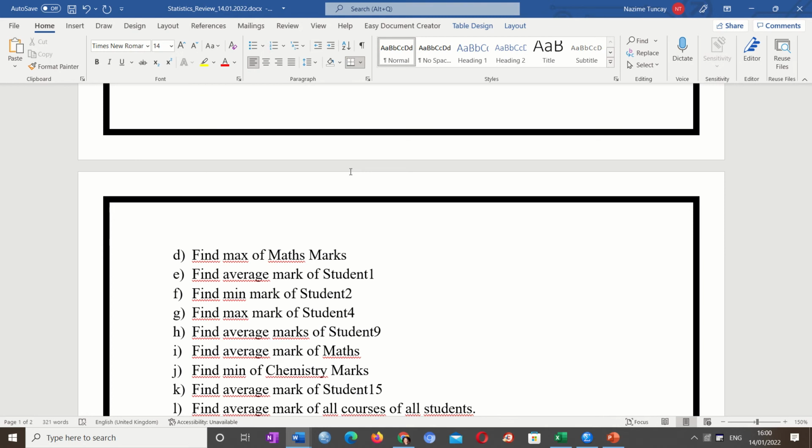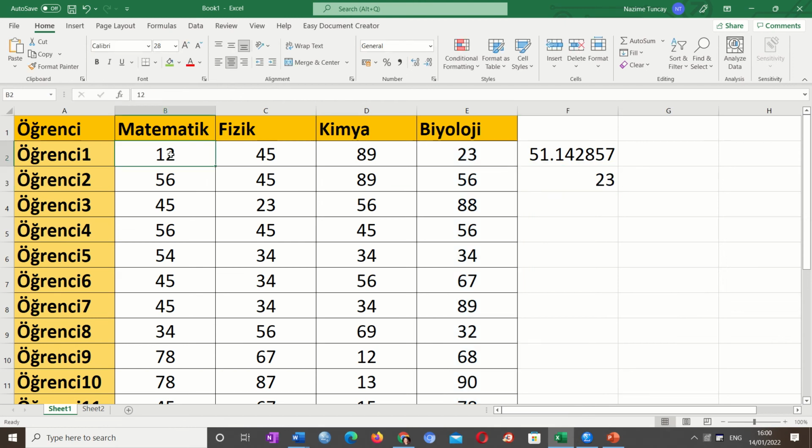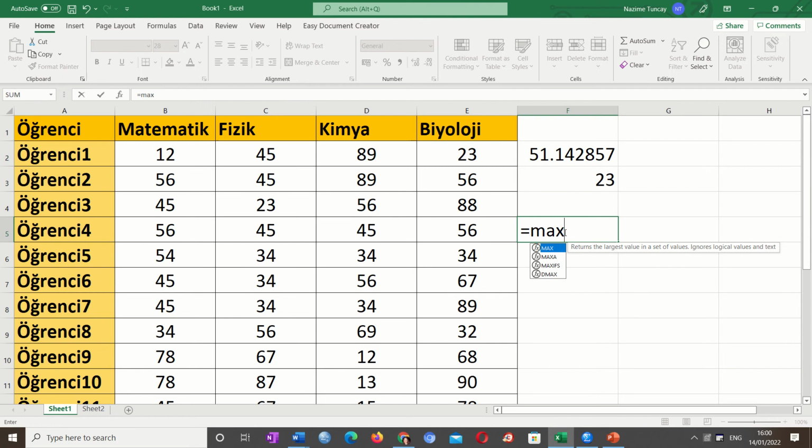Yes, okay, so find the maximum of mathematics marks, maths marks. Let's find the maximum of maths marks. Who is going to tell me, this is maths marks? What do I have to write here? Max. For that, equal max, and I have to write B2 until the last point, B15, that's good. Okay, this is the maximum of